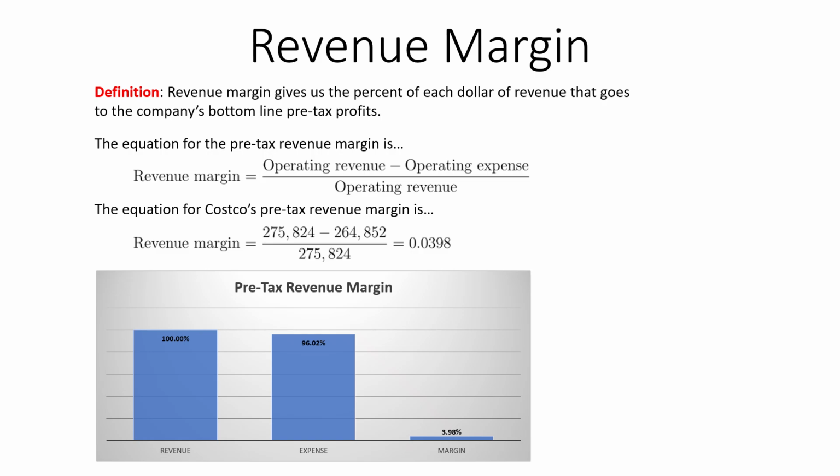So we can see that revenue is 100%, expenses are 96.02% of revenue, which means that my margin, what I get at the end of the day after I subtract out all my expenses, and remember my expenses are the cost for employees to man my stores, the cost for the employees to man my warehouses, my depreciation on my buildings and stores, all of that stuff adds up. And so what we end up with is, on $100 of sales, we only get $3.98 profit. So that's not a lot to work with.